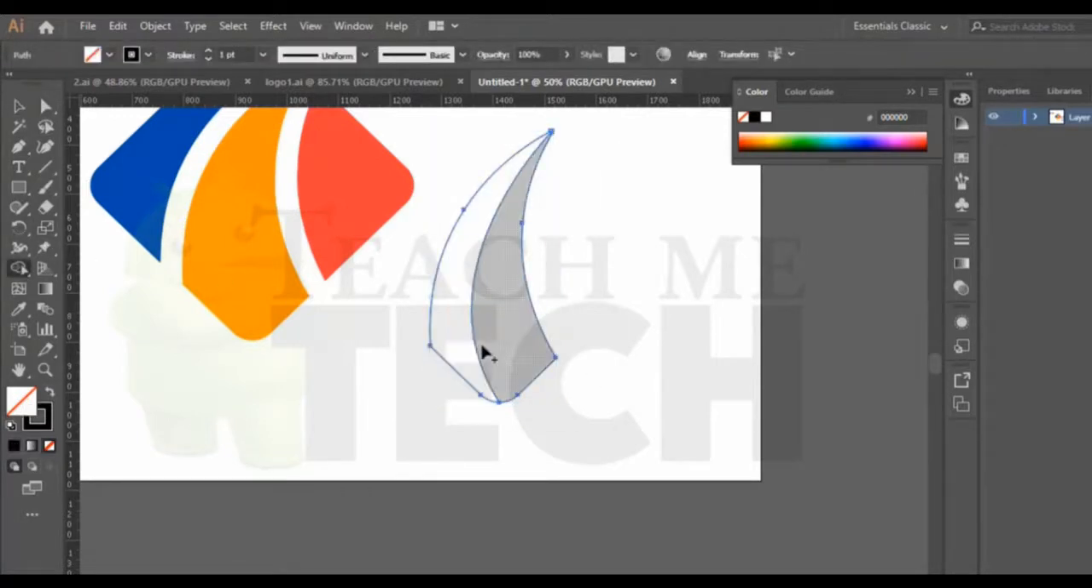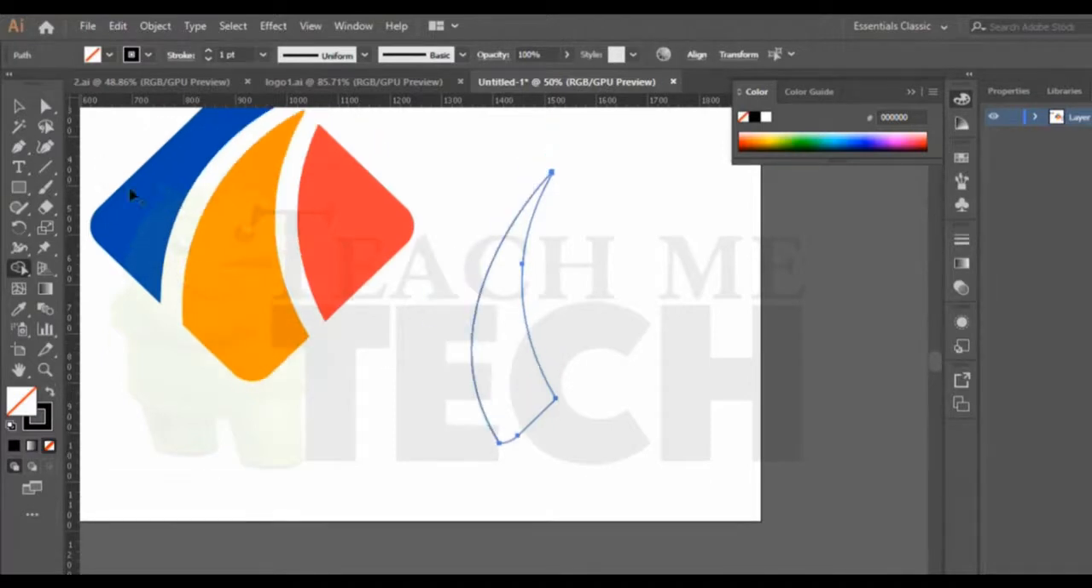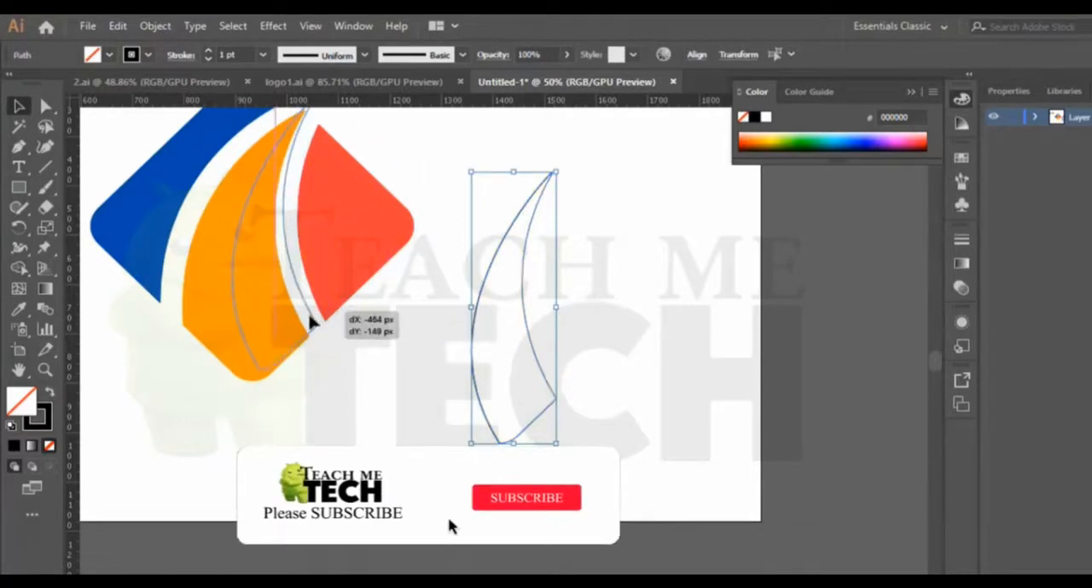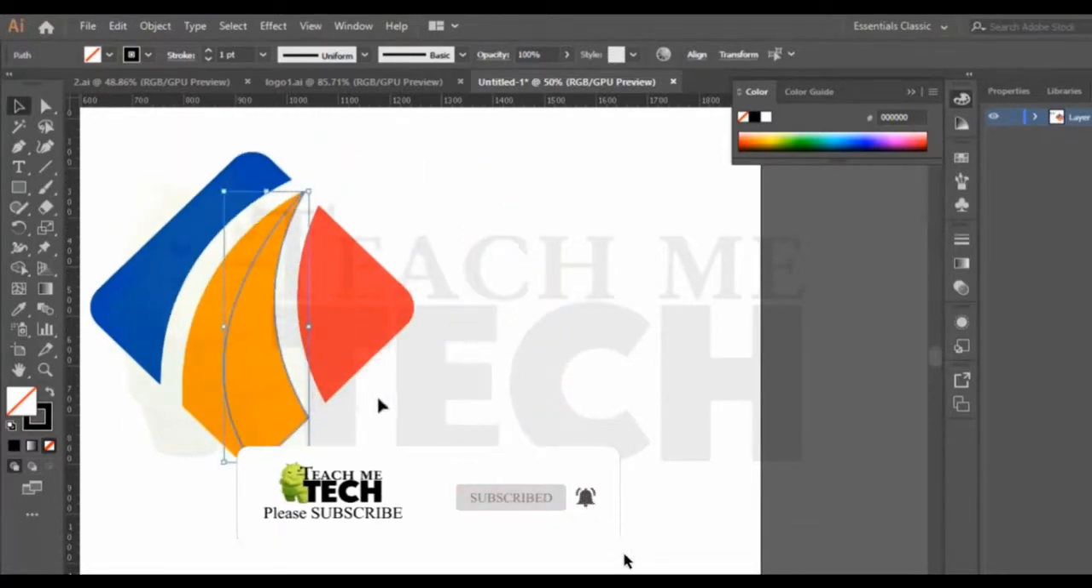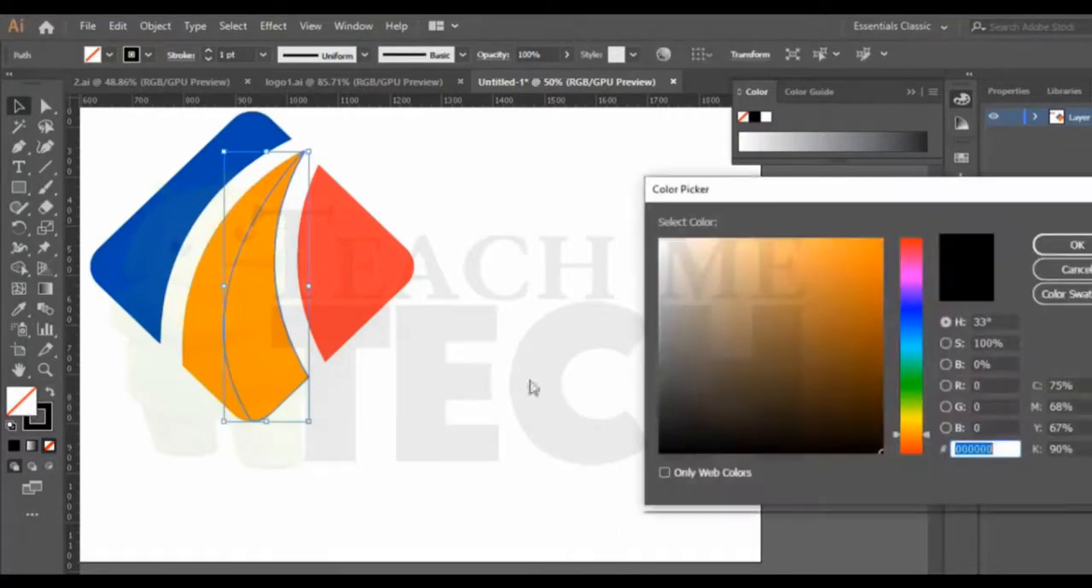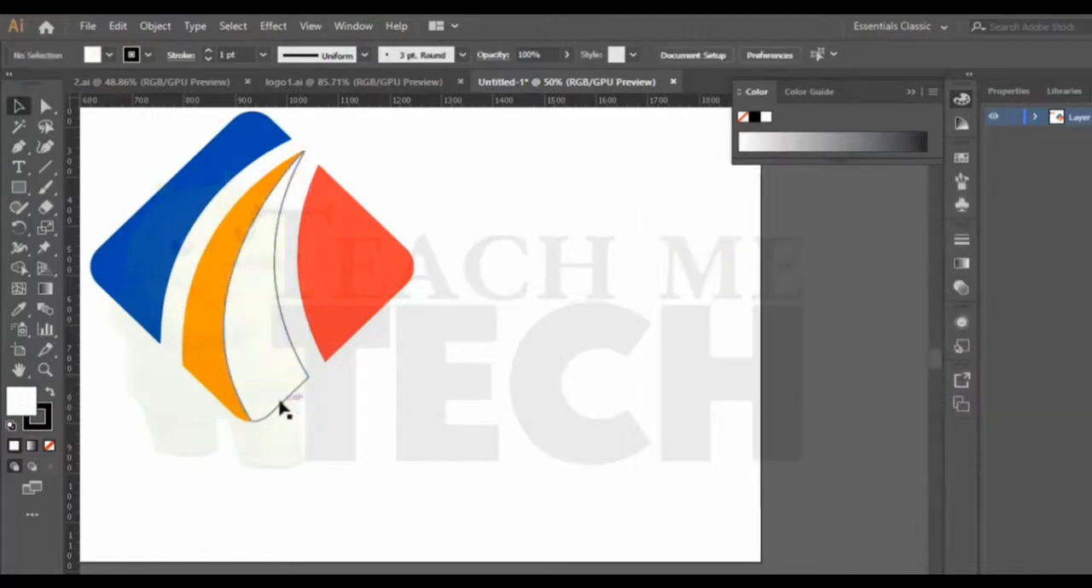Now we select the whole shape like this. We use the Shape Builder tool. We hold the Alt button and we delete this part right here. Then we drag this shape and we put it right here. Perfect. Now we change its color to white like this,